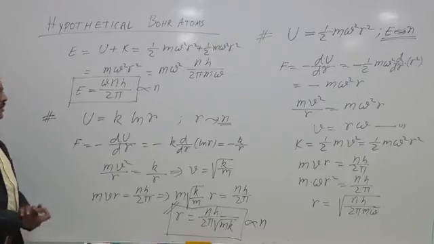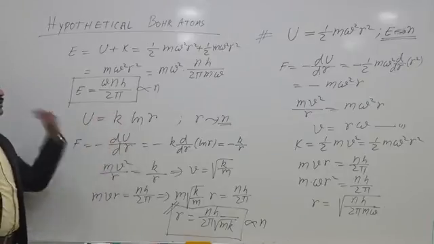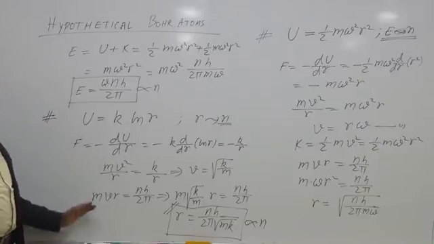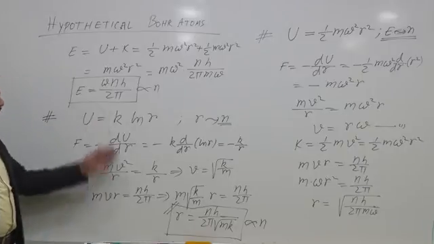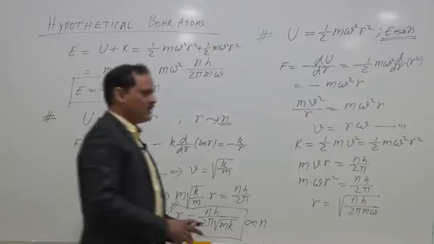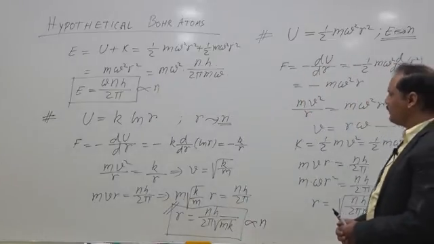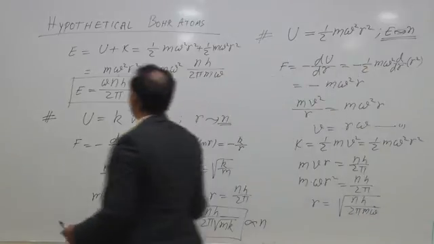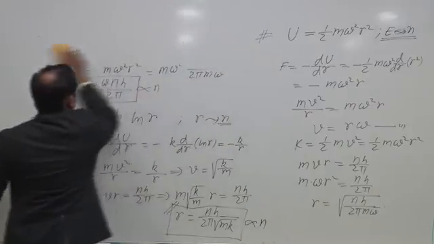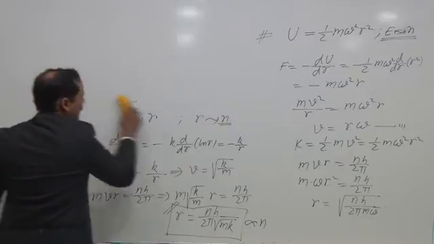So, this is how you need to use hypothetical atoms where the potential energy or force itself would be given in a different form, and you need to use Bohr's first and third postulates to get the other physical quantities. If the frequency or wavelength of a photon is asked, then you could use the second postulate also. So this is the hypothetical Bohr model. Now, so far whatever we have done, there was only one orbiting particle.